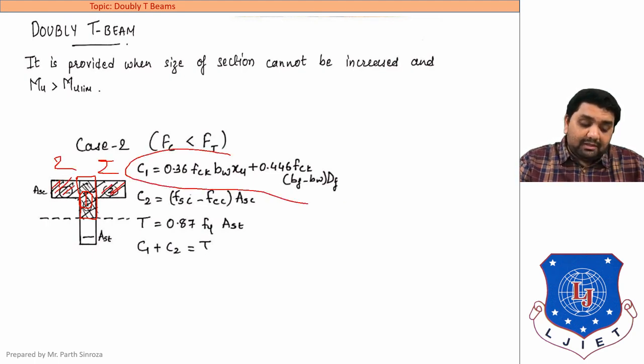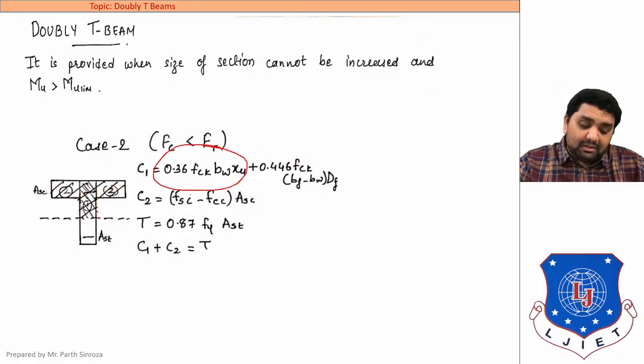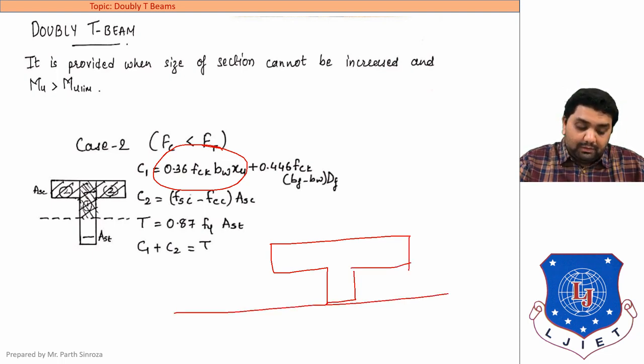So C1 will be comprising of these two cases. Clear? C1 being the concrete portion. Here, section 1 and section 2 both are filled with concrete. So we will be cutting into two portions of rectangles, that is our section 1 and section 2. So this portion, that is the first case, will be of our section 1. That means if we elaborate it, this will be our compression zone, this will be our Xu, and this is our neutral axis, that is this line.